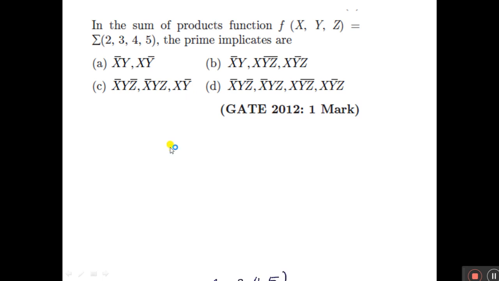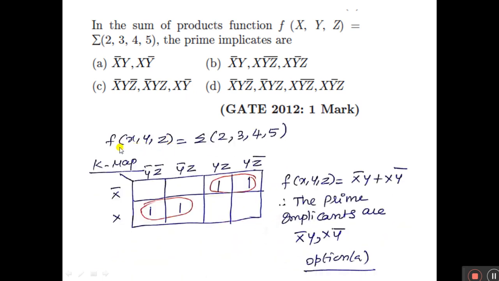Let us see the solution. The expression f of x, y, z equal to summation of 2, 3, 4, 5. I am implementing this in a K map. So 0, 1, 2, 3, 4, 5, 6, 7. I fill all these numbers in these locations. 2, 3 and 4, 5, if I minimize this, corresponding to this is x bar, and here the variable is z bar.